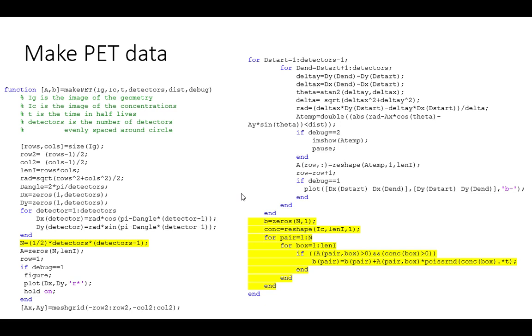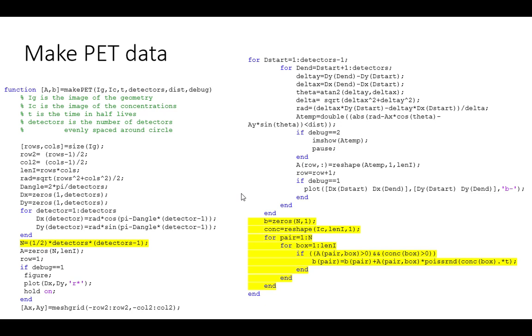It's just to make my calculations easier, so I can walk through an index. Otherwise, I either have to undo A into this one's form, or I've got to take this one into that one's form. So that's all I'm doing with concentration. So I walk through all the pairs, and I'm gonna walk down every box that's in it. So that's just whatever the length of I is, however many columns in A there are. Right? And I just check and see if A for that particular pair and that particular box is bigger than